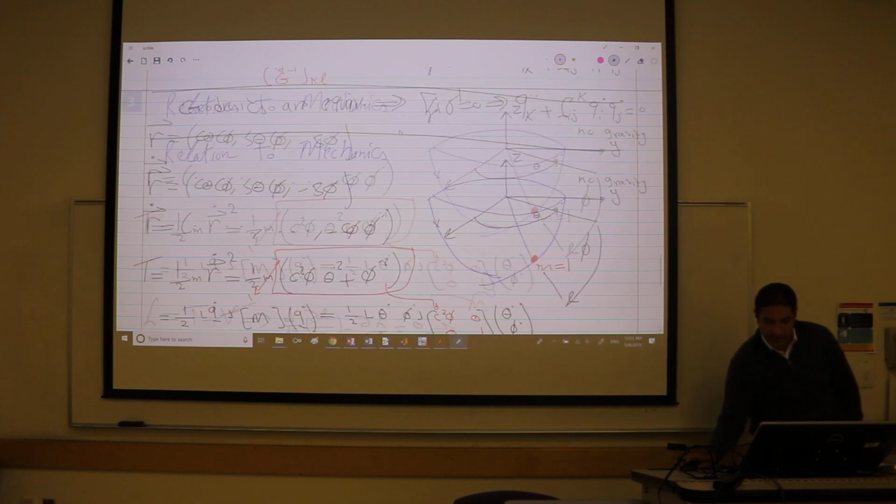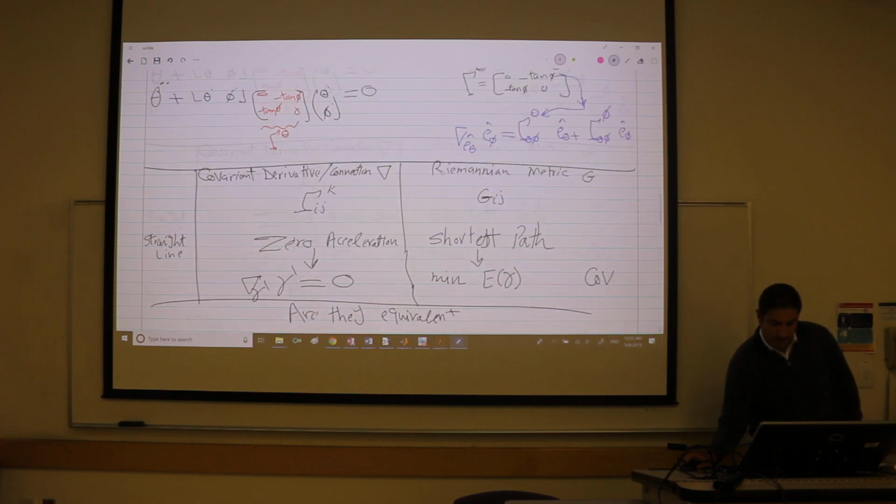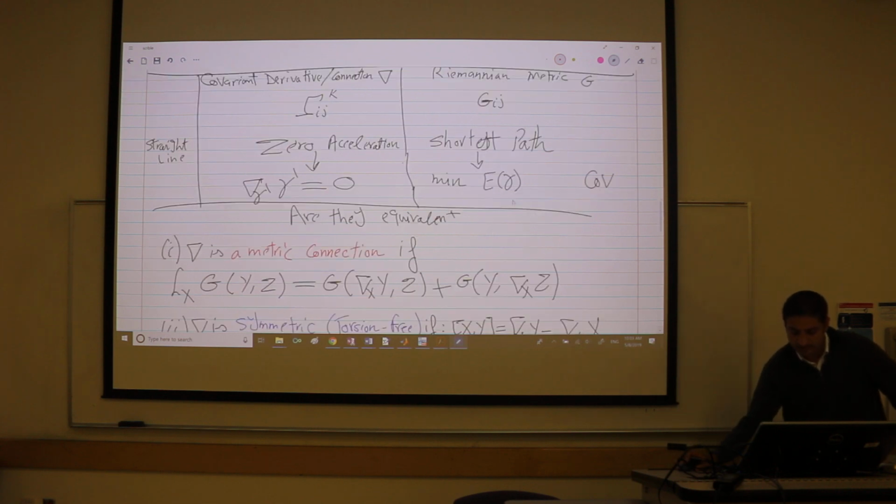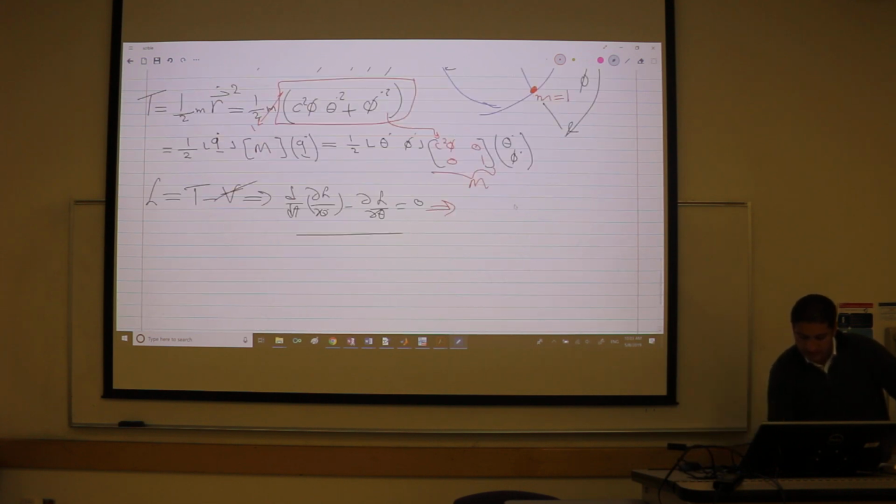I'm going to read them directly. They were something cosine squared and negative 2 cosine sine. So this is cosine squared, negative 2 cosine sine, theta dot phi dot, and this was phi double dot plus sine cosine theta dot square